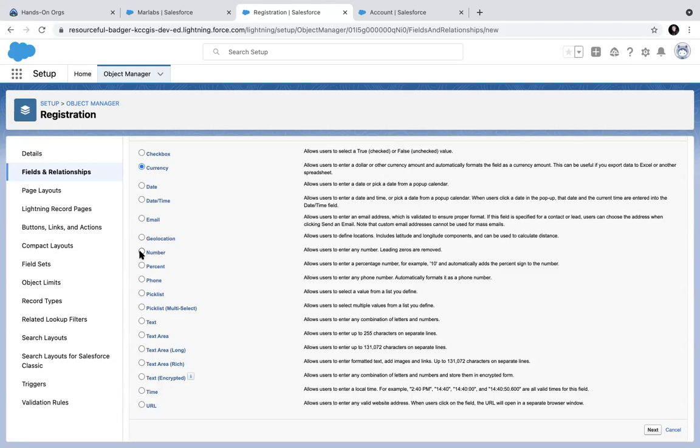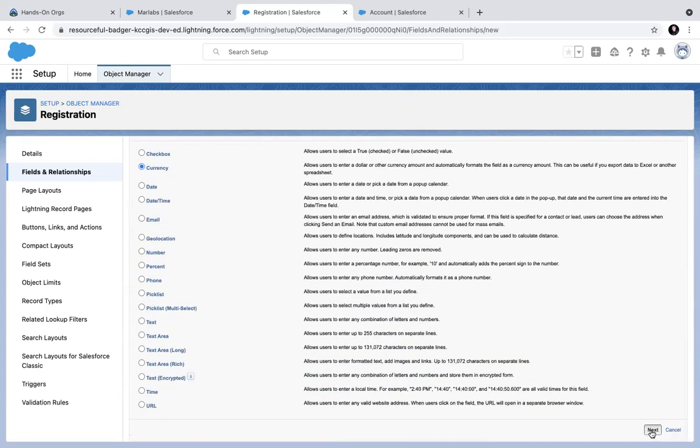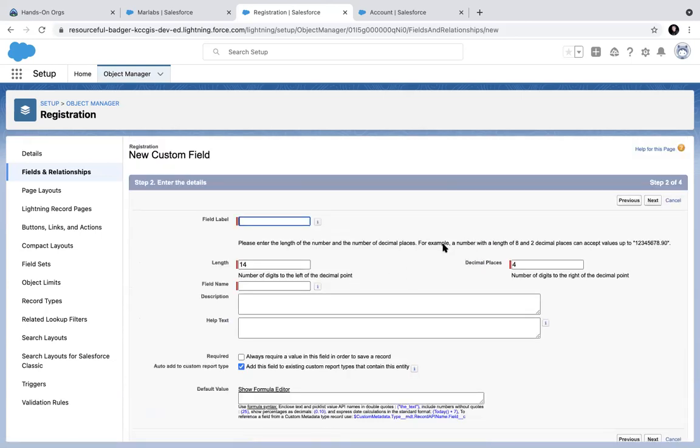Yes, sir. Okay, so let's talk about the currency field. We will go forward and I will remove these decimal characters, and I will take all the 18 characters and we'll say amount.